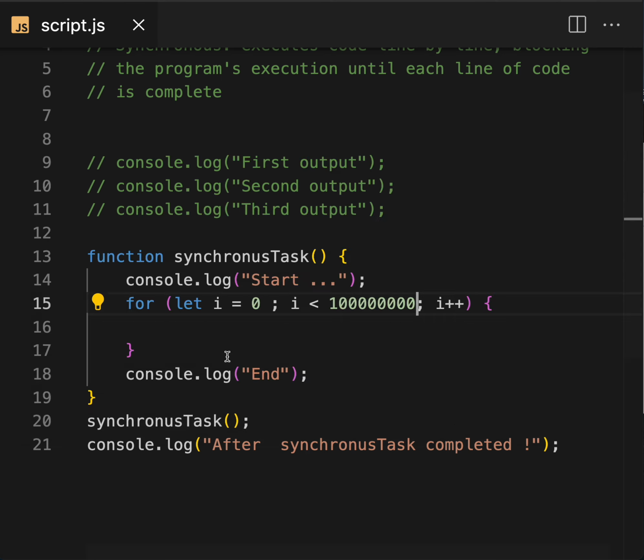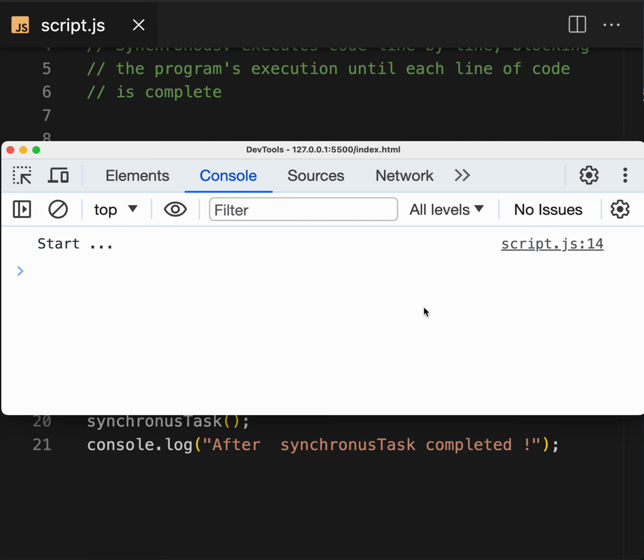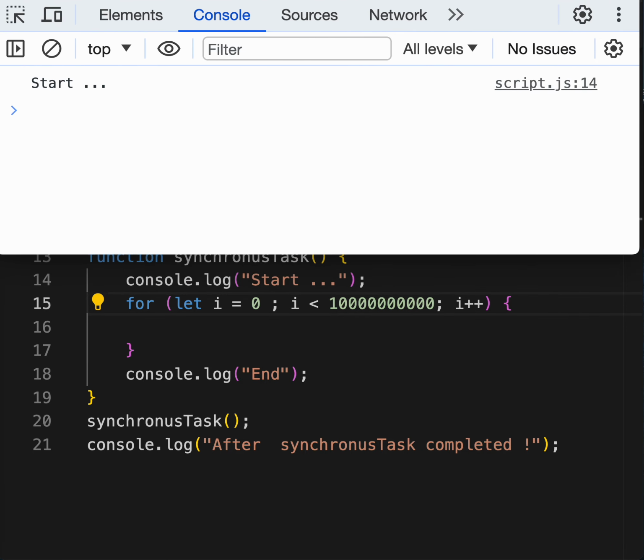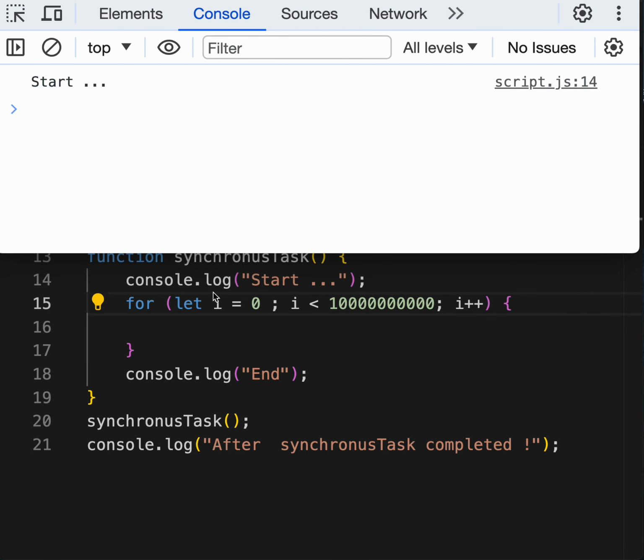You see start, end. You see start is running and this for loop execution is still going on. Once it completes, then it is going to print end. That means the code is blocking here.